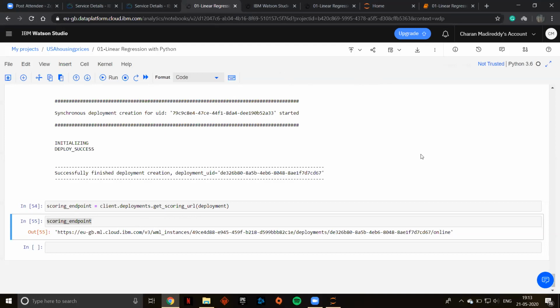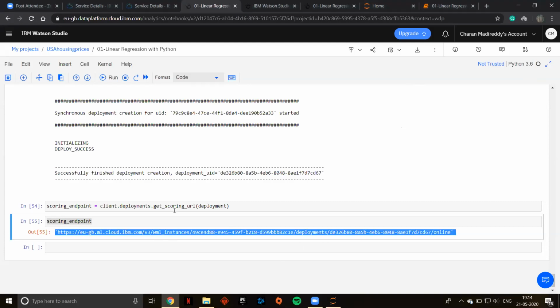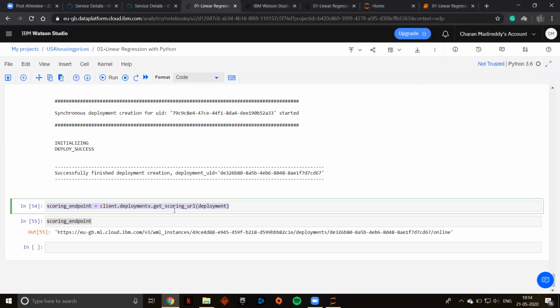Now we have to create a front end for it, right? So what are you going to use for the front end? Node-RED, right? For Node-RED, now Prashant will explain to you about Node-RED. One minute. Any doubts regarding the scoring endpoint, you can ask me in Slack, and we'll be sharing this code and the recording by tomorrow. You'll be getting your Node-RED flows and your scoring endpoint code. Don't worry. Now let me end the screen.